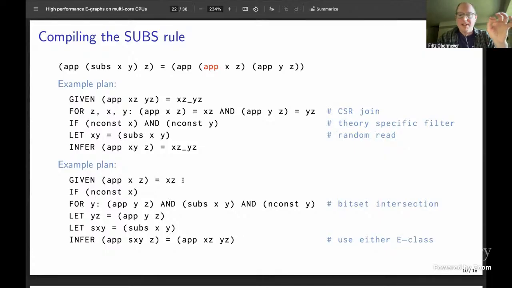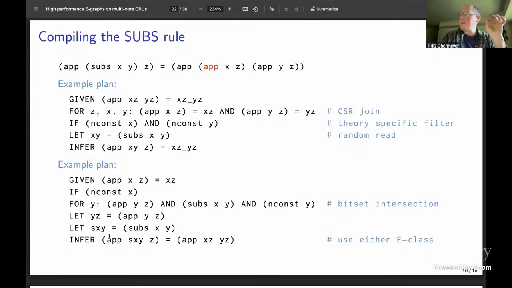Okay, this is the last plan I want to look at. And this one's kind of interesting. Again, we have some trigger. Again, there's this non-const filter that happens to be triggered. Here, there's a three-way bit set intersection. The compiler, in practice, emits up to, I think, five-way bit set intersections. There's some pretty big bit set intersections there, and those are really cheap. You can use count leading zeros operations and just march along those, and anyway, they're very cheap.